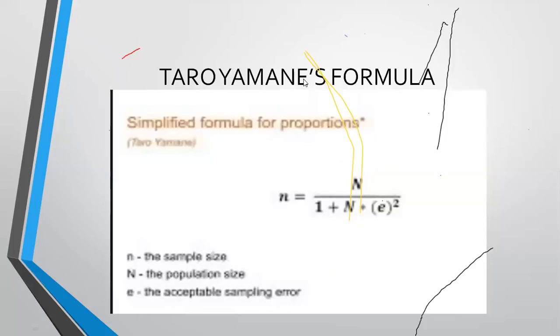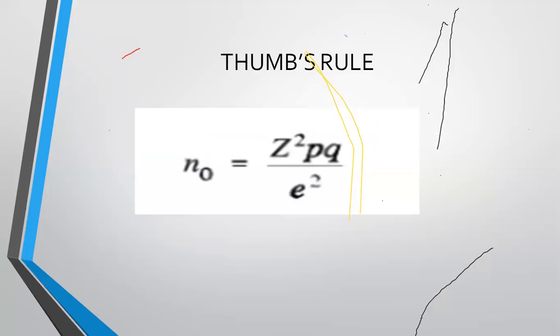Then let's go to Tom's rule. Like I've said, in Tom's rule, it also has a formula. Tom's rule, I said, is 30% of the population. Don't forget that. To calculate the sample size, the formula is displayed on your screen. It is Z squared PQ all over e squared, where Z is the acceptable interval. It is usually 1.96 or 2. In nursing, we usually use 1.96. 1.96 is very common, as Z squared is a constant. Then the P is the